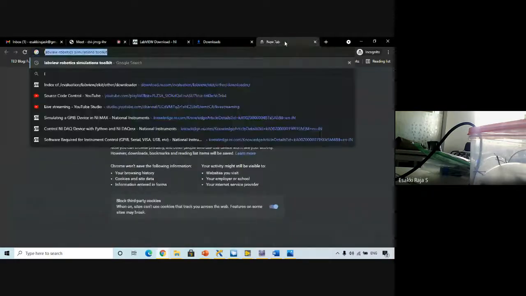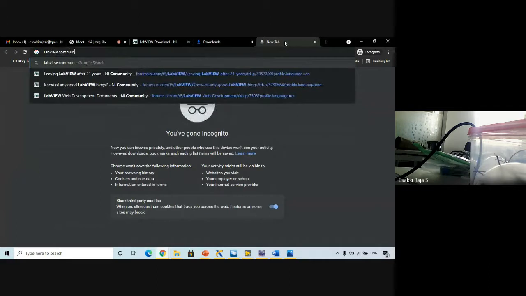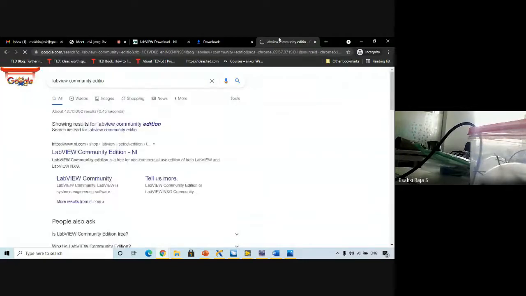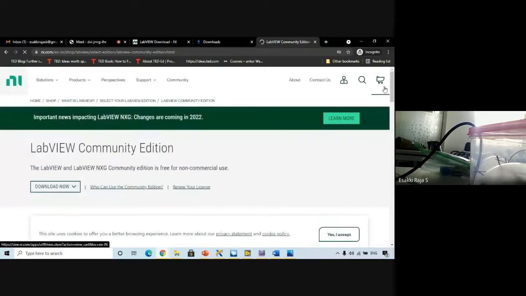For that, you just need to search for LabVIEW Community Edition. To download this, you have to provide your details. Once you download this, you can use it for lifetime. This is a free edition, but you have to create an account. Only then can you download it.